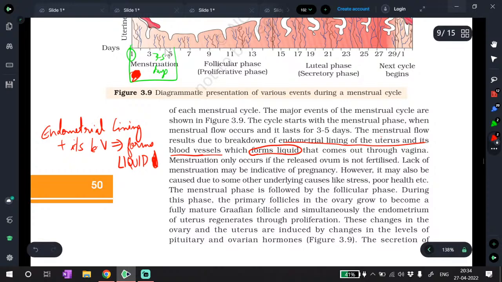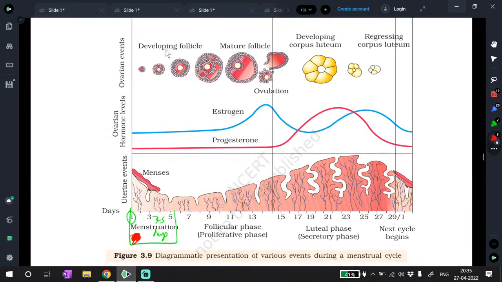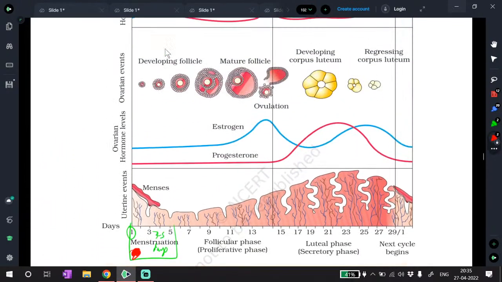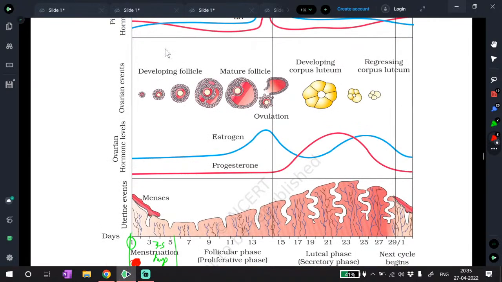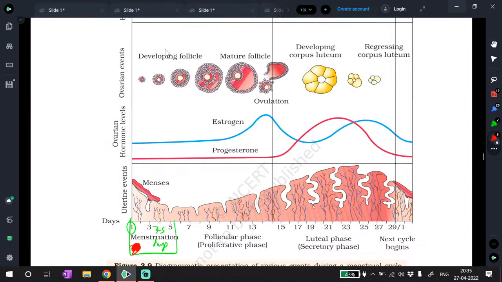You can remember it like this if you get confused about the secretory phase. The corpus luteum that forms is exclusively for secreting. The follicles that developed secrete estrogen, but they were not exclusively for secreting, they were part of the ovum. But the corpus luteum is exclusively for secreting. That's why it's called the secretory or luteal phase. So the corpus luteum secretes.